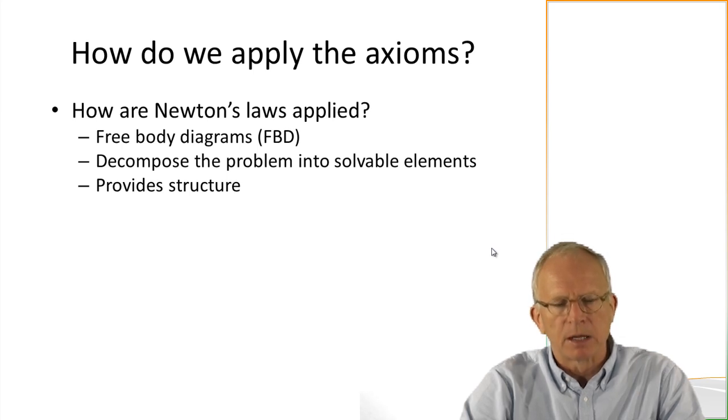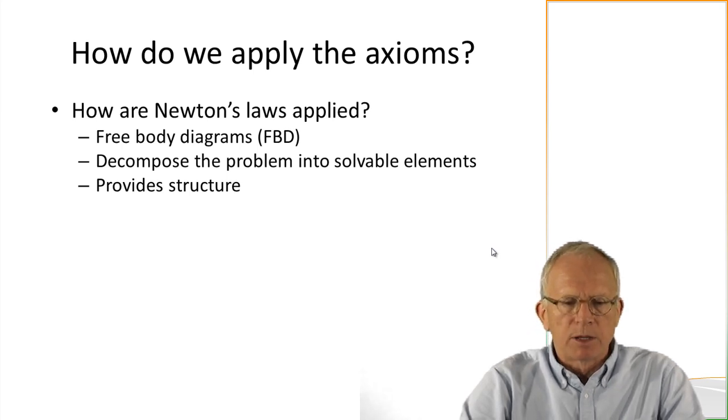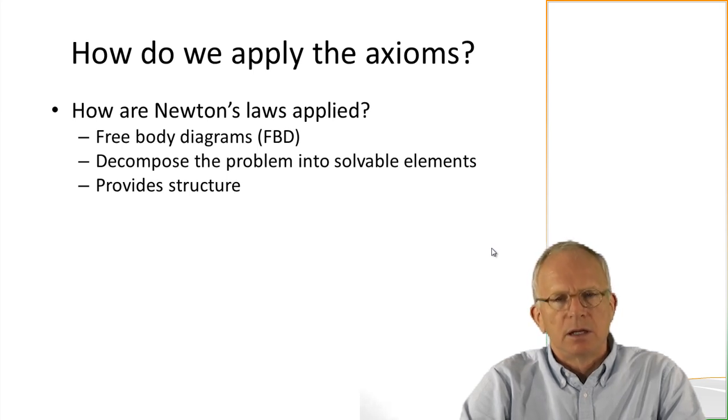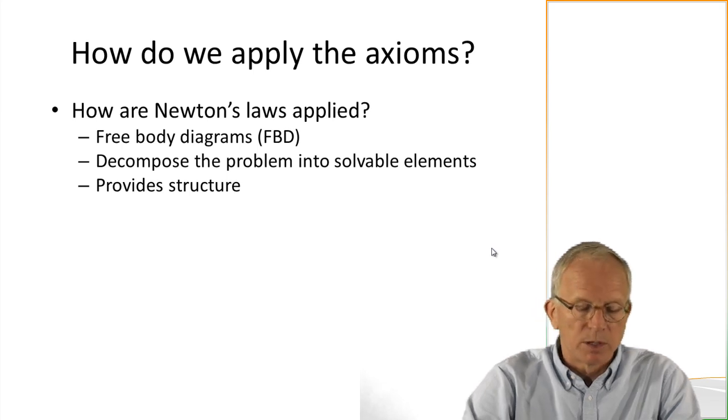So the free body diagrams have coordinate systems, and we know the orientations between the coordinate systems. And we can see what the forces are and the motion is in any coordinate system that we choose, once we've decomposed it properly. And this gives us a kind of solvable element, and this provides some structure so that we can